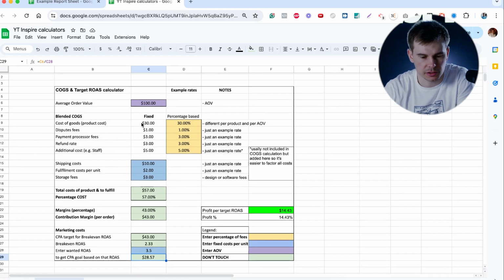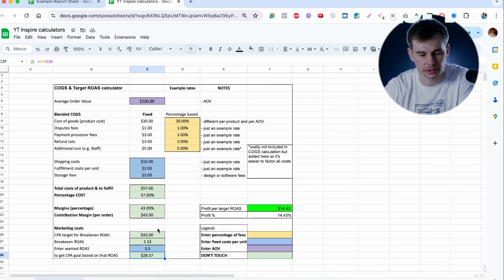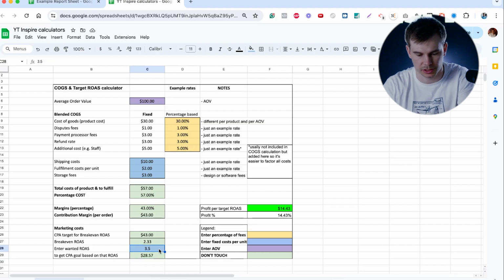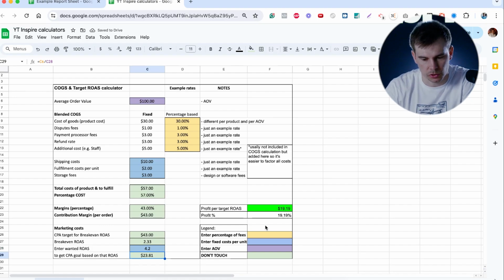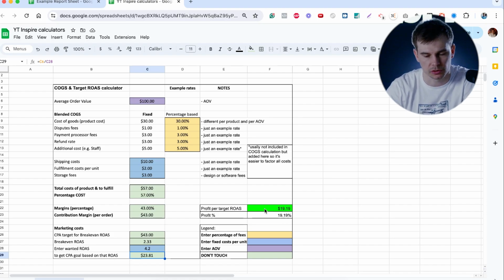So obviously, it's always better if you have higher AOV, and lower COGS, lower shipping, and you're actually paying less for a sale. This is a great calculator that illustrates what your break-even ROAS should be, what ROAS you need to hit to actually take home some money. So if you want to take home 20%, probably you will need a higher ROAS. Let's say, okay, 4.2 probably, or something like that. So depending on what your goal here is, some people operate on 10% net profit, some people operate on 20. Depending on what you want to take home and what is realistic, you can see what numbers